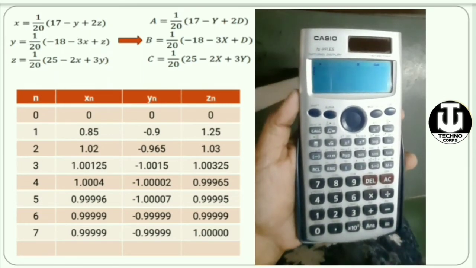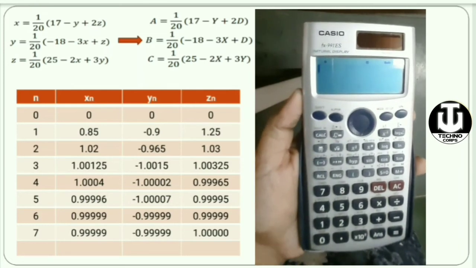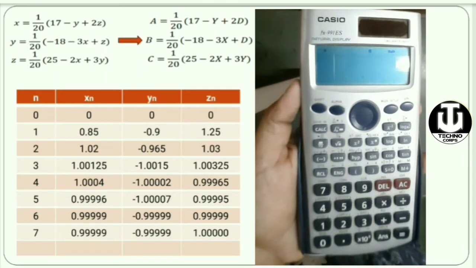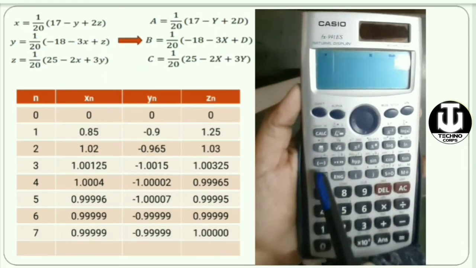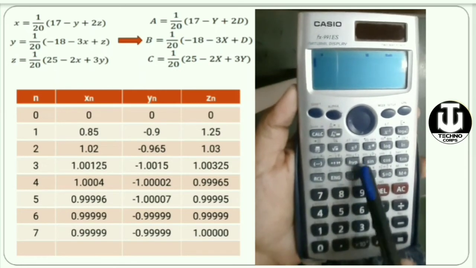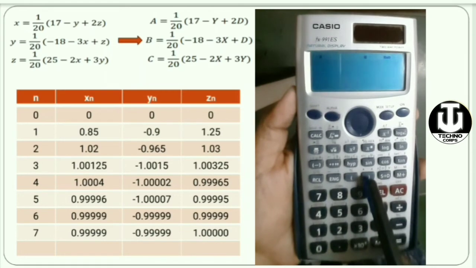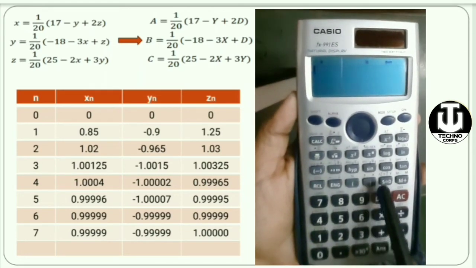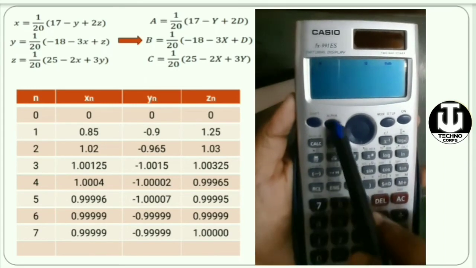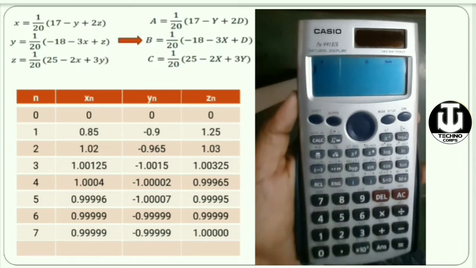So this is the calculator we are going to use. Here you can see I have 6 variables which we can use for the equation formation. What are those 6 variables? You can see here with red mark: A, B, C, D, and 2 variables, x and y. All are written with red mark, like alpha is also written with red mark. That means after pressing alpha, all of these will be activated.